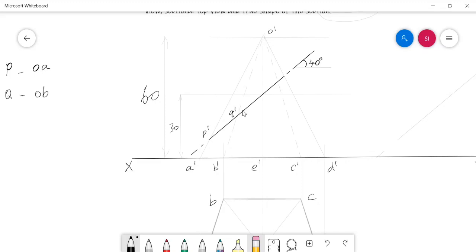And continue your travel. One more intersection is there. Here one edge is passing, O dash E dash. So we can award only one cut point, say R dash. So the cut point R is in OE. And continue your travel. Again one intersection is there. It's O dash C dash. So I'm awarding one cut point, say S dash. So S is in OC.